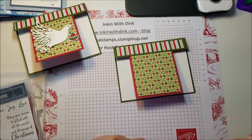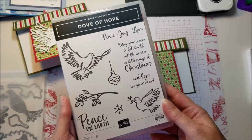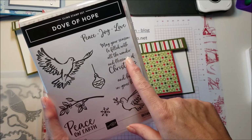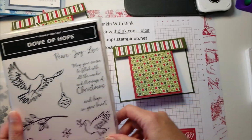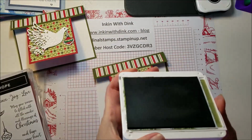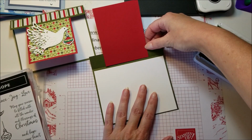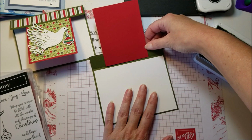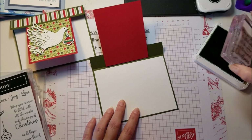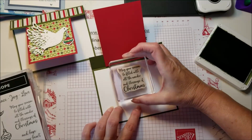Now I can go ahead and stamp my greeting on the inside. In my stamp set, Dove of Hope, I love this one here: May your season be filled with all the wonder and blessings of Christmas. I'm going to stamp that in here in Mossy Meadow. Just going to kind of center it on here. Now, I don't want to adhere it down because if I mess up on my stamping, I want to be able to turn it over. So I'm just going to put it approximately where it's going to go